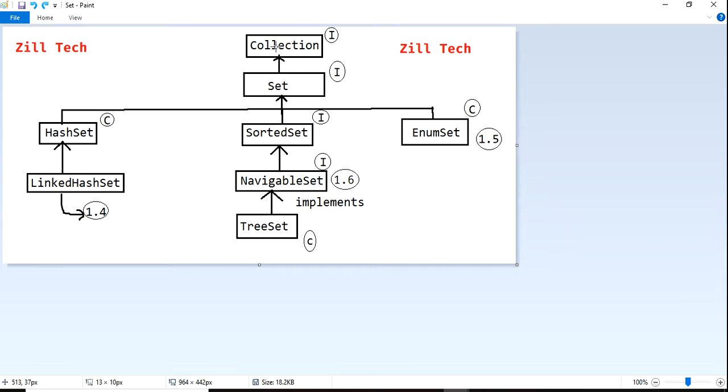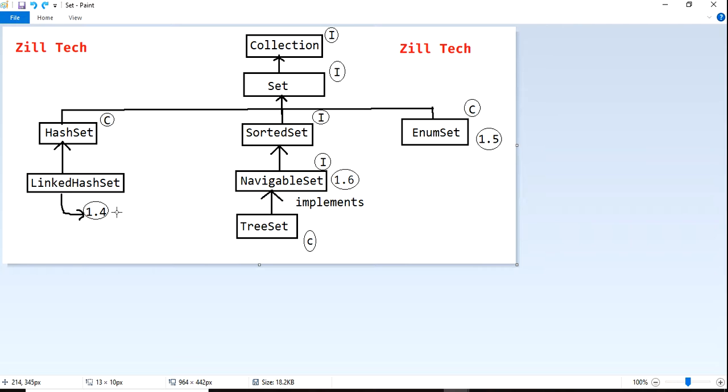Set has three subclasses. One subclass is hash set, and one more is an interface, sorted set. And in 1.5 we have enum set. Enum set has no children, but hash set has some children.